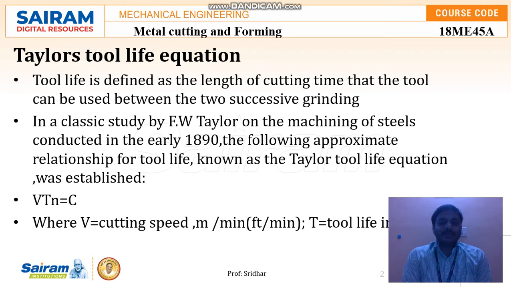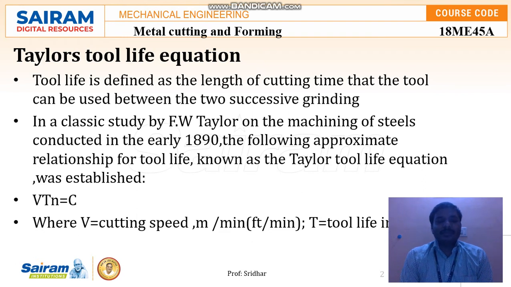We make a grinding whenever the tip of the tool starts getting worn or starts breaking because of abrasive particles. Then we do a grinding process. When we grind, we can make the edges sharp again by removing the excess material and the chip formation that is there. We remove it by grinding, and again the tool can be used.